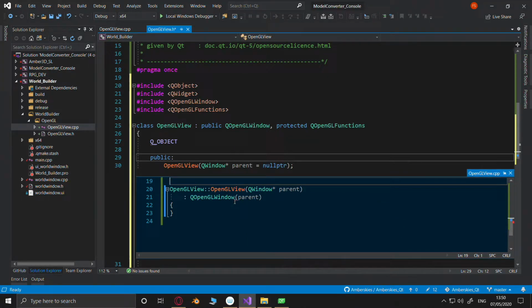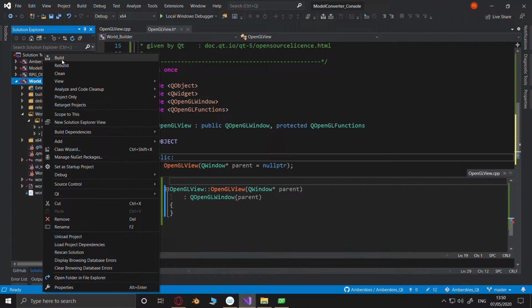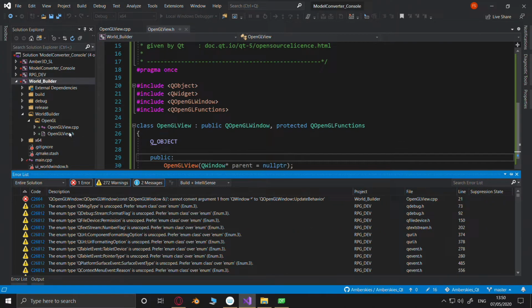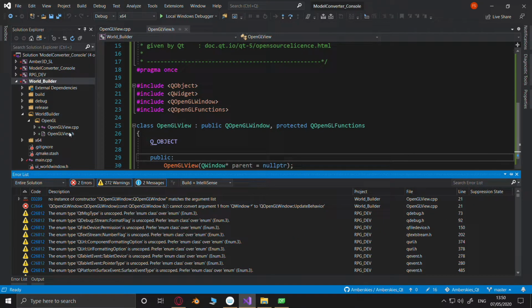I don't care what it says about that, I know that that's correct. Unless it's not linking. QOpenGLWindow, : QOpenGLWindow matches the argument list.